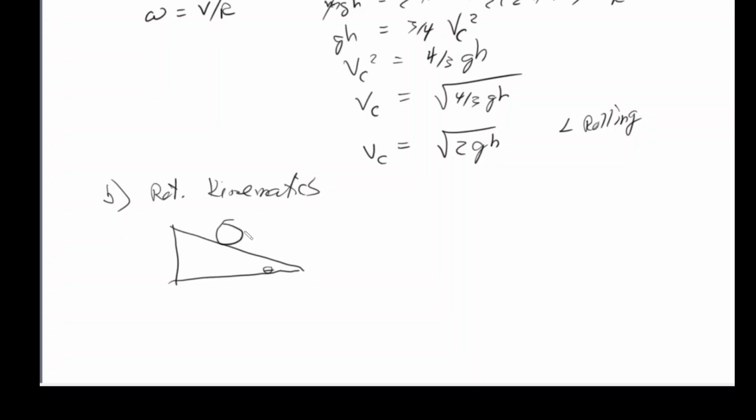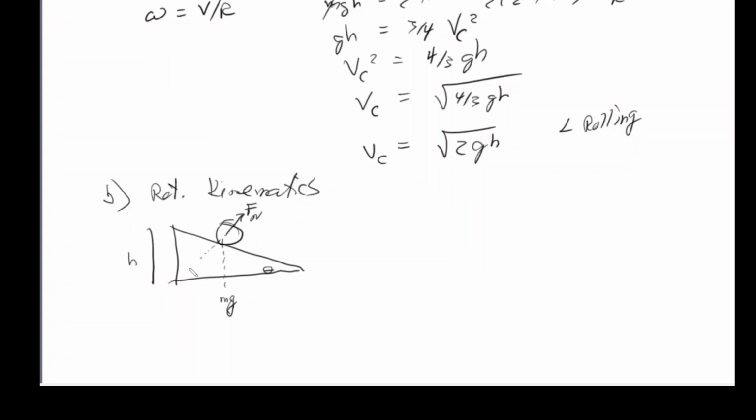In this case, we have our cylinder. This is height h. But in this case, we have our normal force. We have our weight. We have the component